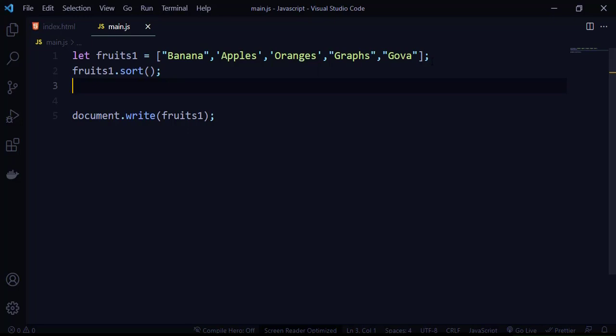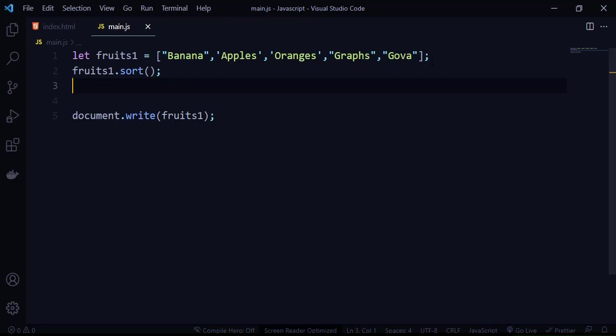What if you want to sort a given array in descending order? Is there a way that can be done? Yes, because the sort method will take a function called a compare function. That compare function takes two parameters, let's say a and b. When you compare a with b, if it returns less than 0, then a comes first.